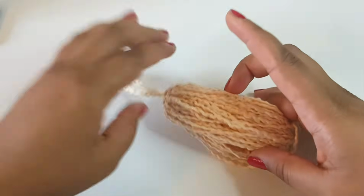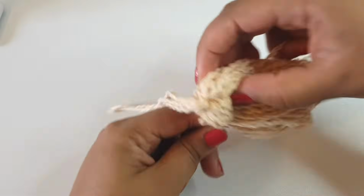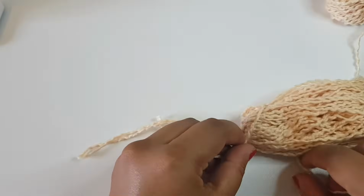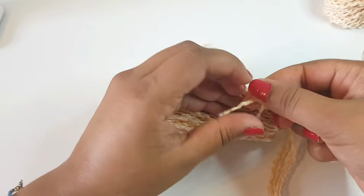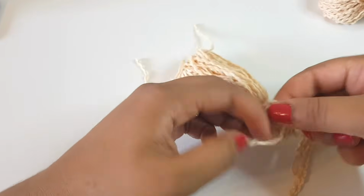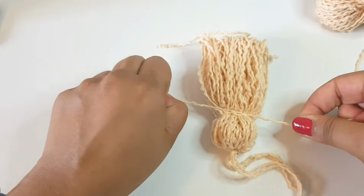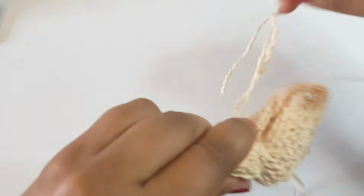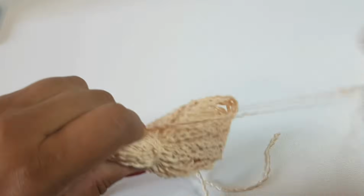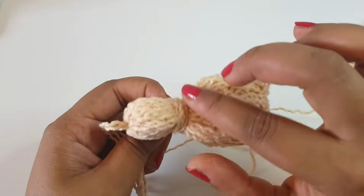Right, so now what we're going to do is just get our yarn, and tie a knot around here. So around the top of here, you're going to get your spare thread. Let's move this to the side and tie a knot like so. And I like to tie mine 3 times and quite tightly, just to make sure my tassel will not come apart. That's 3 knots done. And then what you're going to do is wrap this yarn around your tassel 10 times, or however many times you prefer, but I like to do it sort of 10 times. Now I'm not really counting here, but as soon as I reach a thickness I desire, I'm going to go ahead